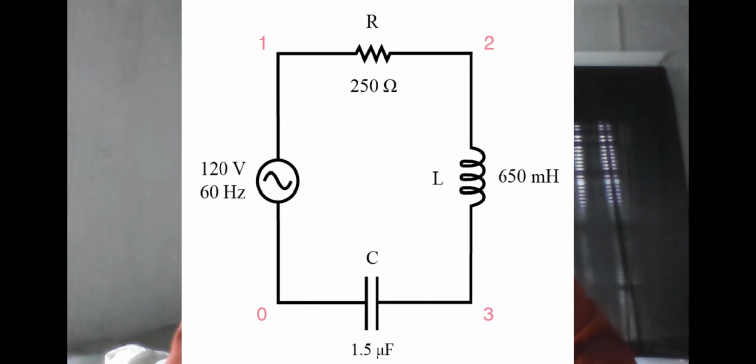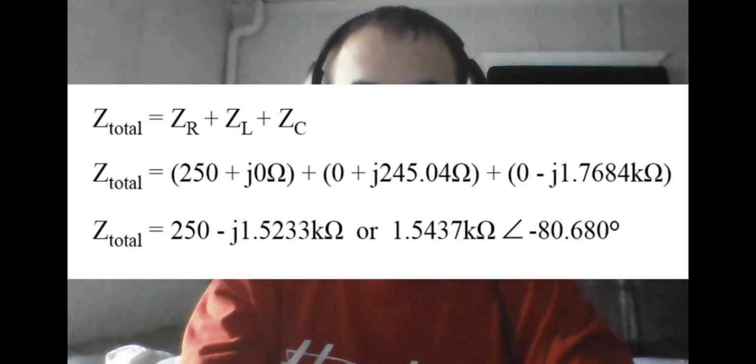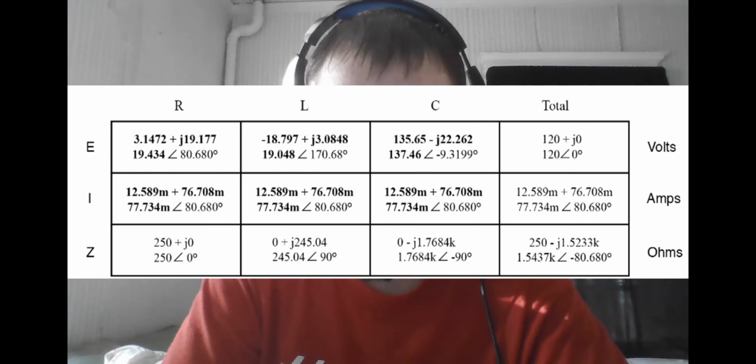And then we would notice, unfortunately, the phase of the capacitor is different than the phase of the inductor, which is different than the phase of the resistor. So when we add these to get the total impedance, we would have to use trigonometry to convert these to the appropriate rectangular format before we go ahead and add them. But once we do that step, we can then add the resistances like normal and conclude that it is the total impedance. For the total current, we would simply divide the total voltage given by the total impedance calculated,